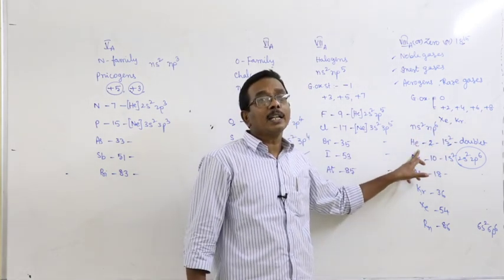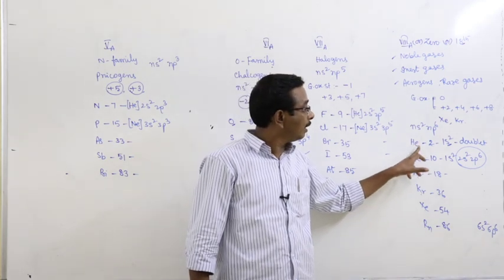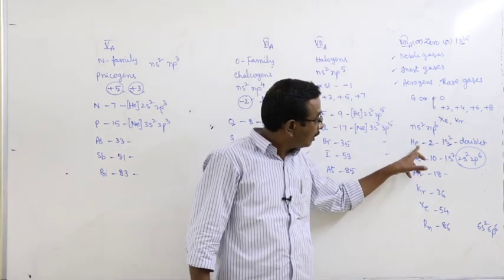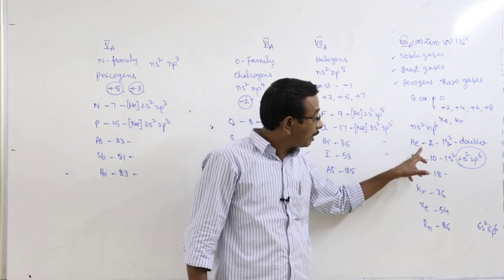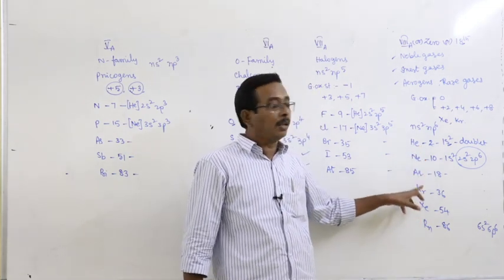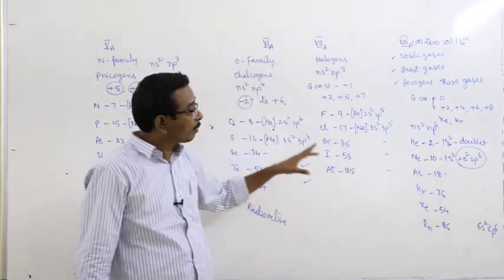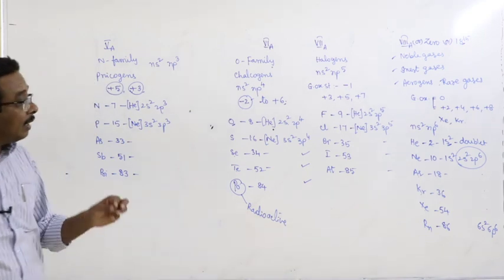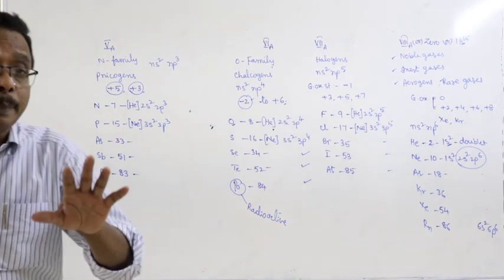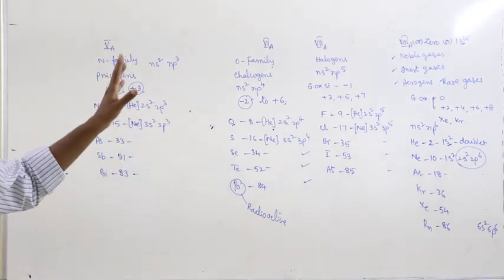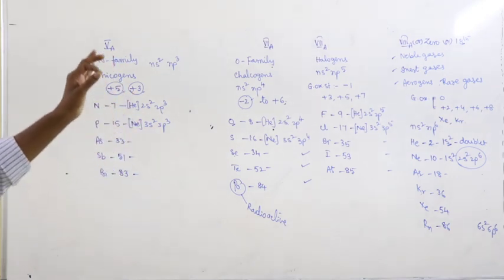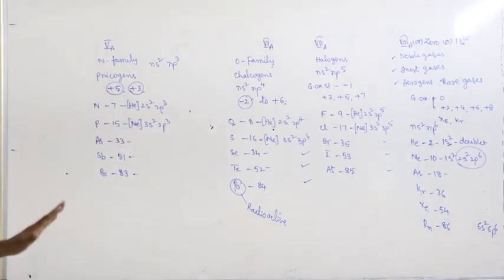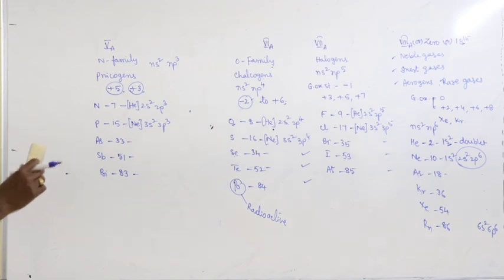This is the p block element. That means actually this is the s block element that is present in the p block in the long form periodic table. Here the question is asked like that: the s block element present in the p block is helium. This is about the brief outlook related to the p block.